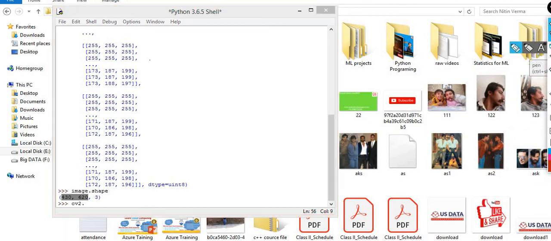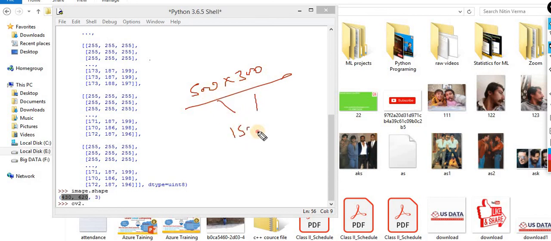If you talk about 500 into 300, there is a programmatic way as well, but if you want to describe it, 500 into 300 means 1,50,000 pixels. If it is 3 channels, this belongs to the red value, 1,50,000, this belongs to the green value, again 1,50,000, and this belongs to the blue value, again 1,50,000.